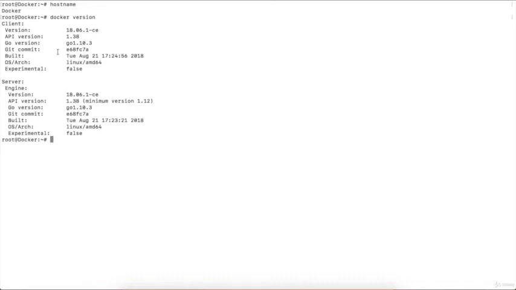My client is a Linux based machine, and my server is also a Linux based machine. If you are using Docker on your Mac, as we discussed in the previous lectures, or on a Windows machine, then you will get the client OS type as either Mac or Windows, but on the server side the OS type will always be Linux.